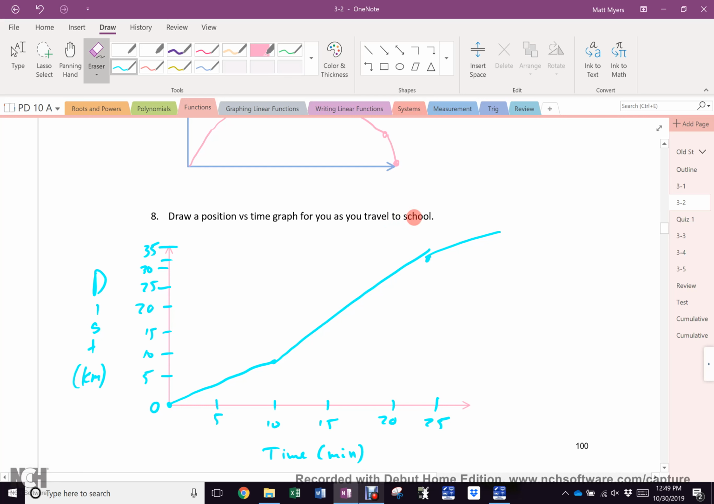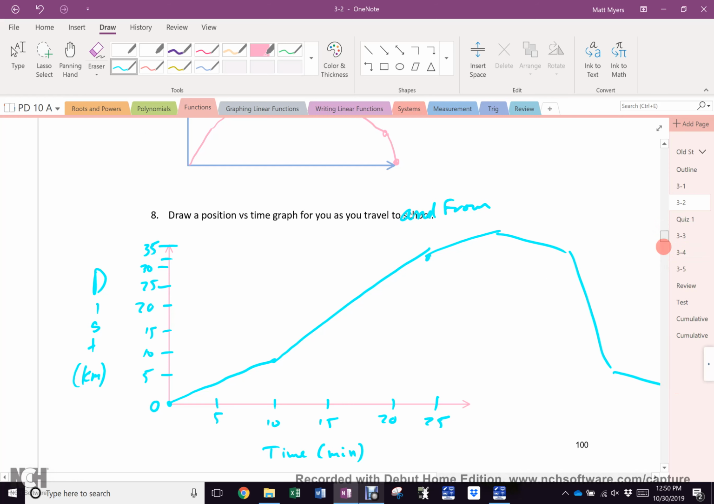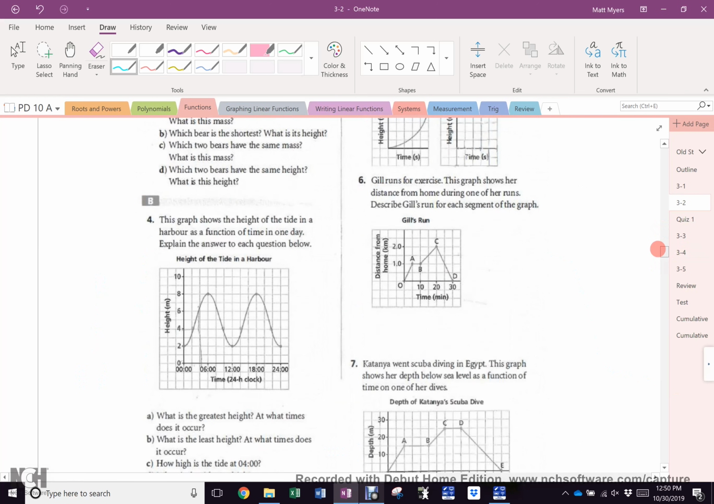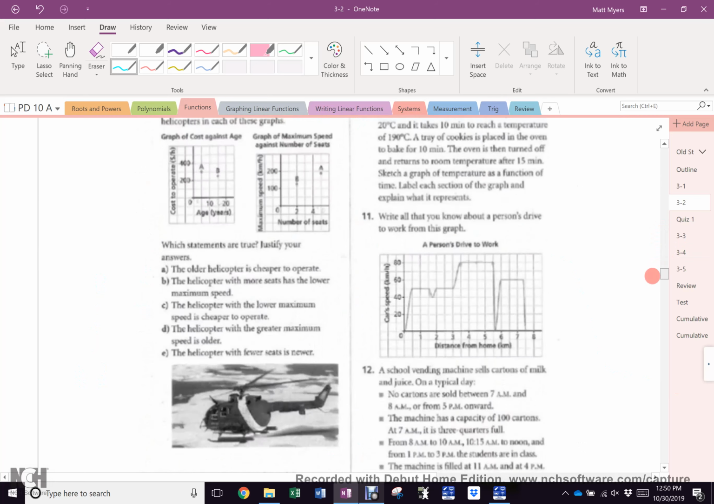What if I made this travel to and from? What would happen? It would reverse. Would it be necessarily exactly the same? No. Why? What can happen in the afternoon? There might be traffic. There might be road work. There might be all kinds of things. Everybody understand? All right. Your job today, ladies and germs, 101